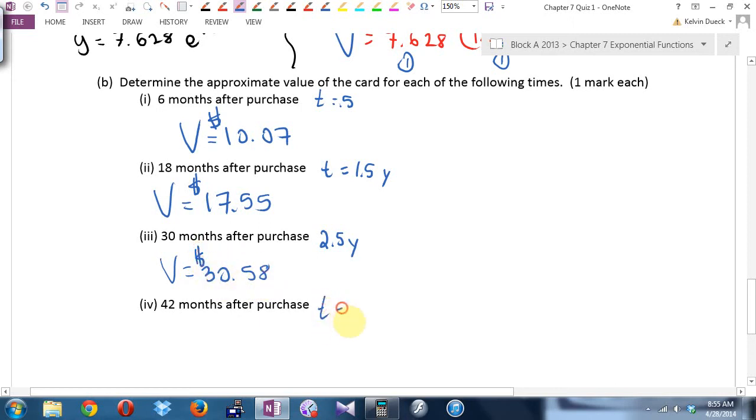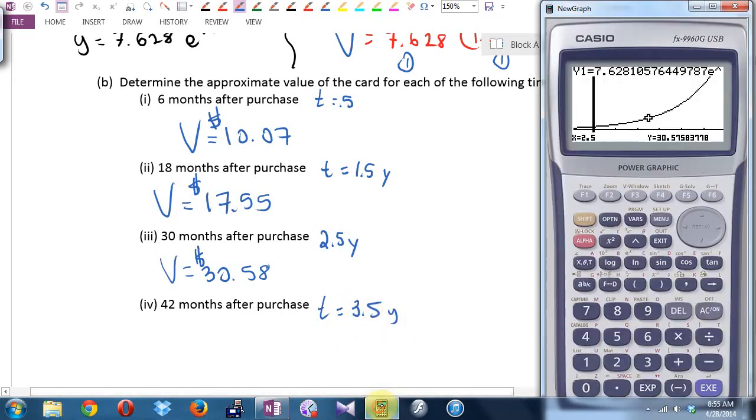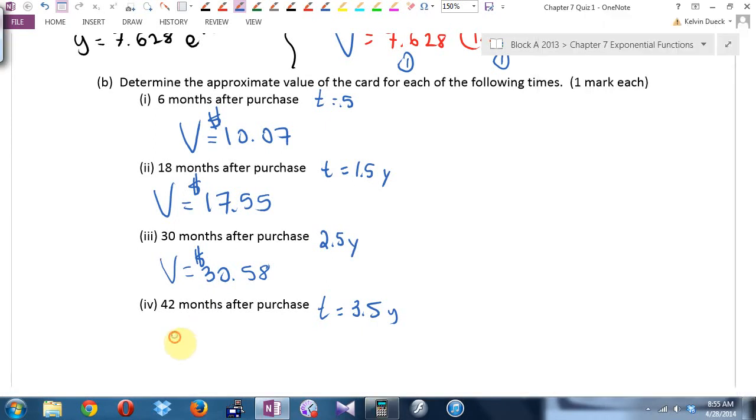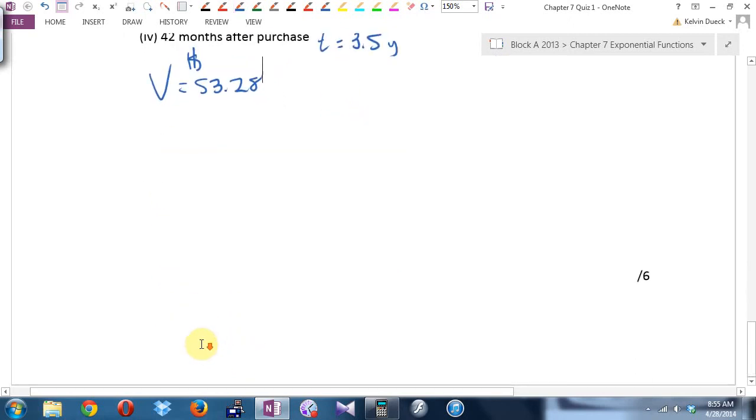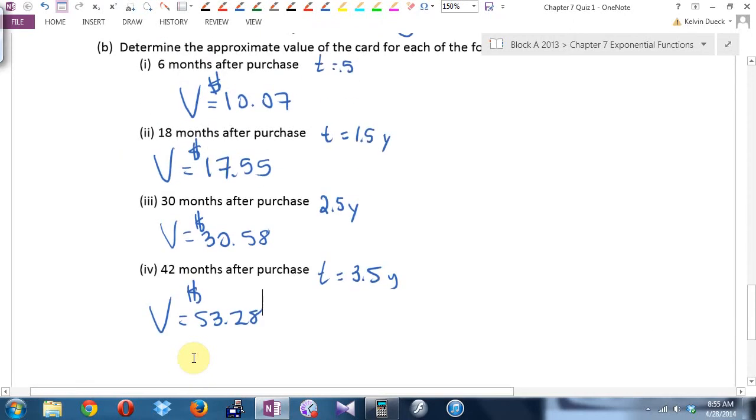42 months, that's t equals 3.5 years. And in the trace menu, if I just go 3.5, $53.28. So 1 mark for each of those. Okay? Now,